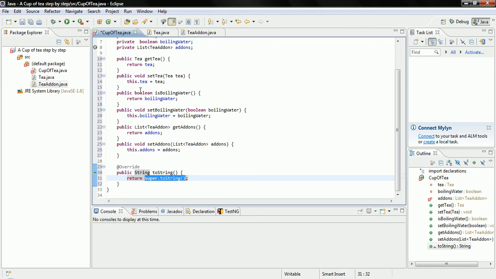Let's say cup of tea with, or maybe, let's say, maybe better something like this. Output